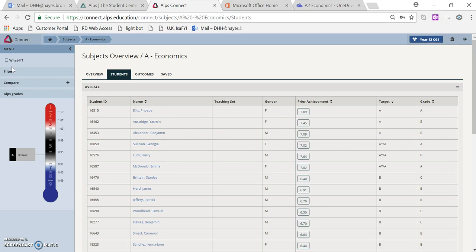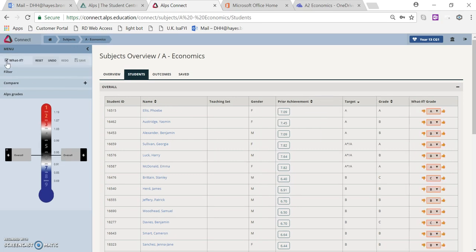Well, first we're going to go up to this top left corner and I'm going to click on that tab there, and then a few things have changed. And you'll notice one of the major changes is this column at the far right, and it's a what if grade. Okay, so we can still see the target grade, the ALPS target grade. We can still see the current grade that you've entered for these students, but we can now play with that grade and see the impact on our ALPS score. So if I just move a few students up,